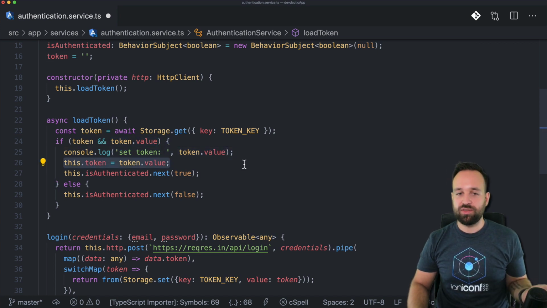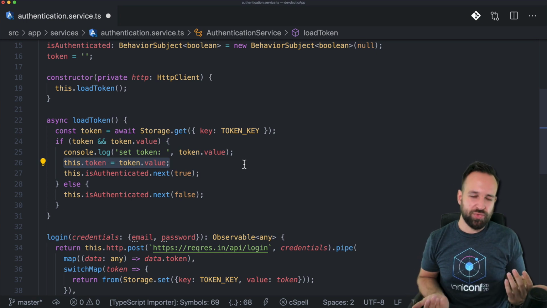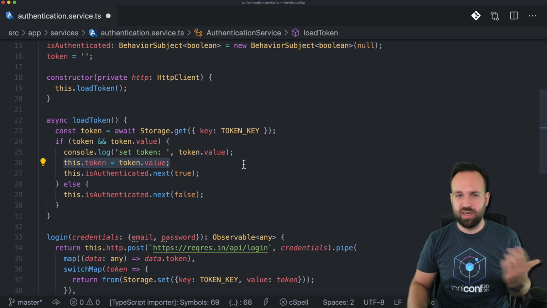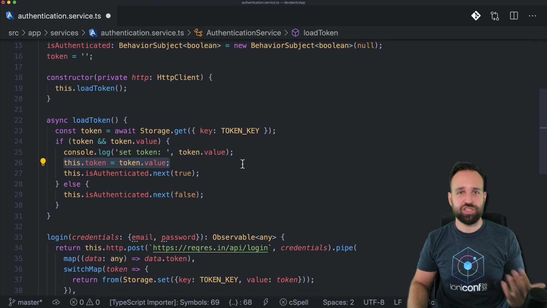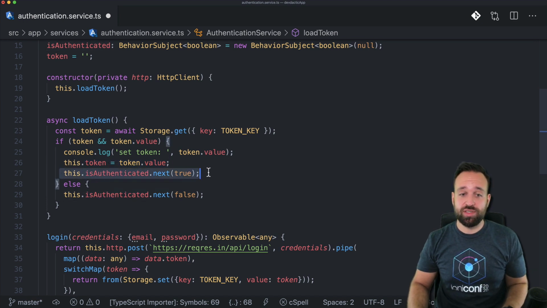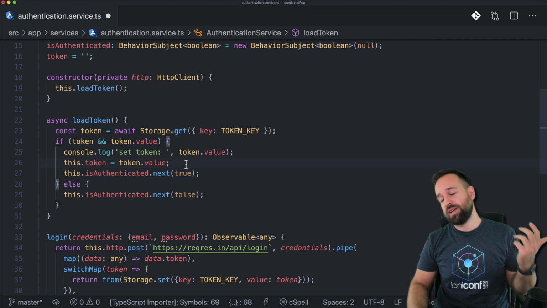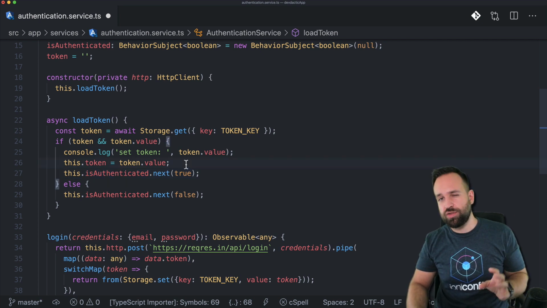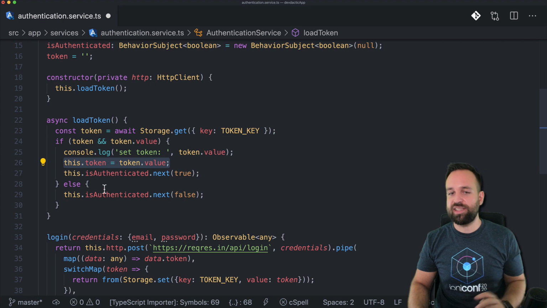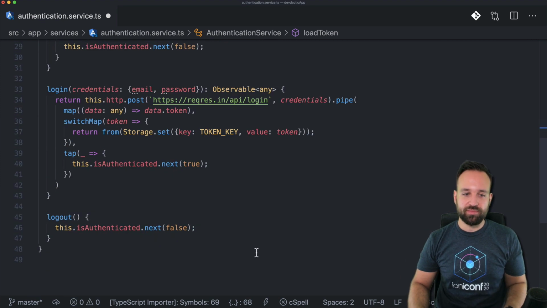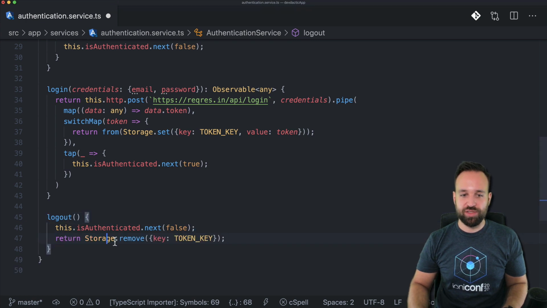Then you could store it locally. You can attach it to all further requests to your API. I got other tutorials about that as well. Just check them out on my channel. And of course, we can also set the authentication state to true since we got the token. You might want to add a little check if the token is still valid, but that's kind of easy for a JSON Web Token. And now finally on the logout, we will just remove this token from storage once again,